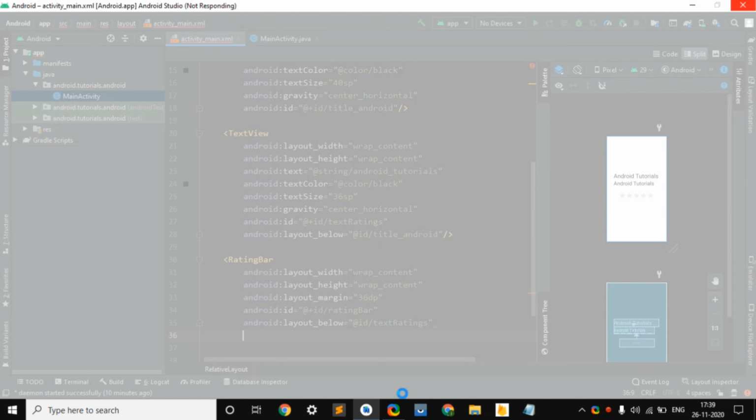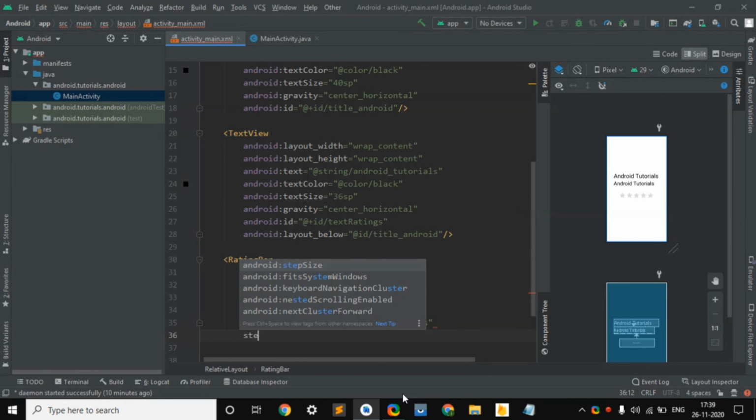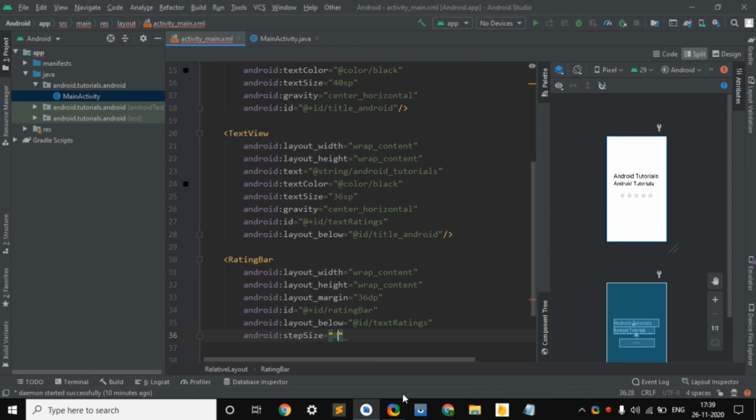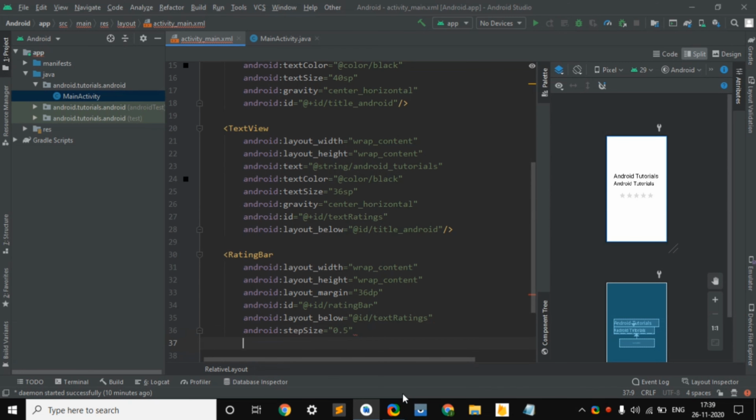But first let's implement step size, and after that we are going to give its num stars. So step size will be 0.5, and num stars means number of stars that we want, that is 5, or we can write 10. So we will get as per that. So here I have written 5 and then closed this.